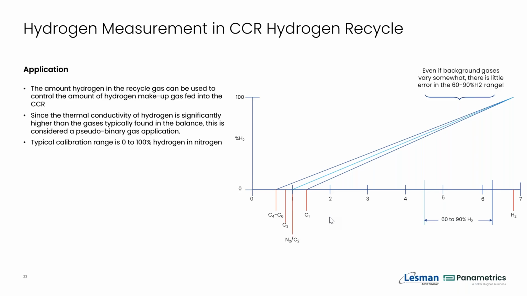But the more important piece here, also for the health of the reactor, is to take a look at the hydrogen quality, or the amount of hydrogen that's coming through, or more to the point, how much of it is not hydrogen, okay? Now, what you typically have is a whole blend of C1s through C6s that could be coming through there. But this is a binary gas analyzer, not specific to hydrogen. So how can we possibly measure 60 to 90% hydrogen when the background gas or the other gas could be a mixture